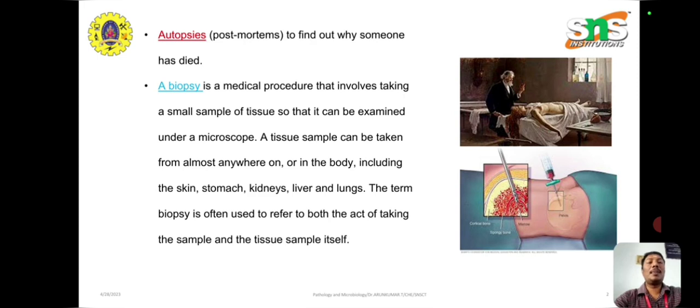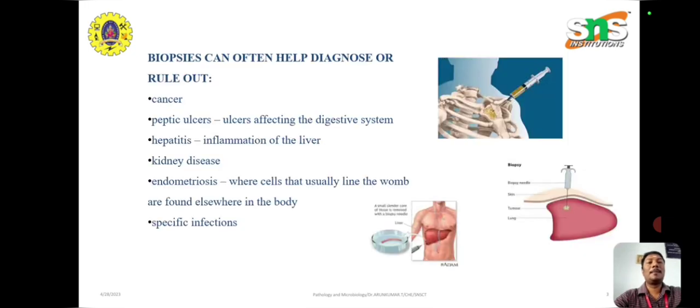A tissue sample can be taken from almost anywhere on or in the body, including the skin, stomach, kidneys, liver, and lungs. The term biopsy is often used to refer to both the act of taking the sample and the tissue sample itself. So the image showing the autopsy and biopsy. Biopsies can often help diagnose or rule out